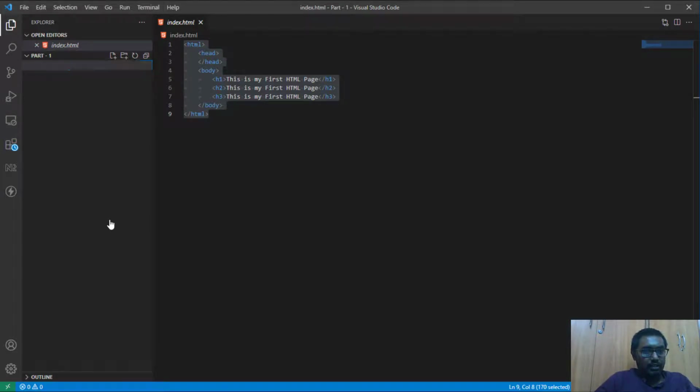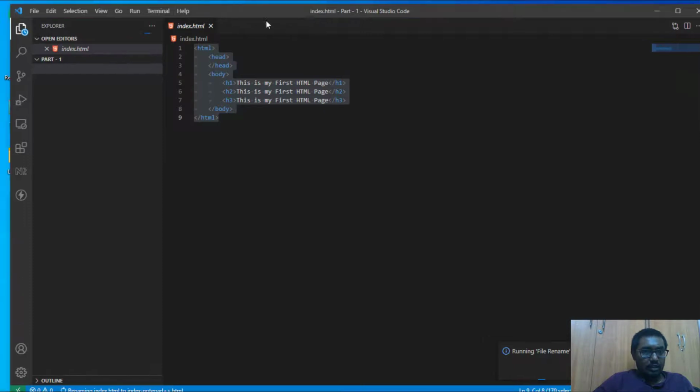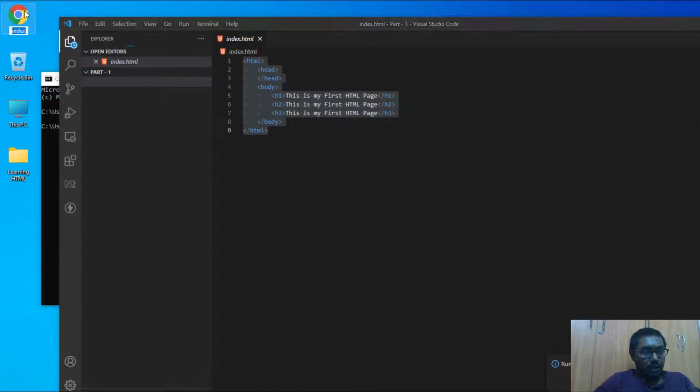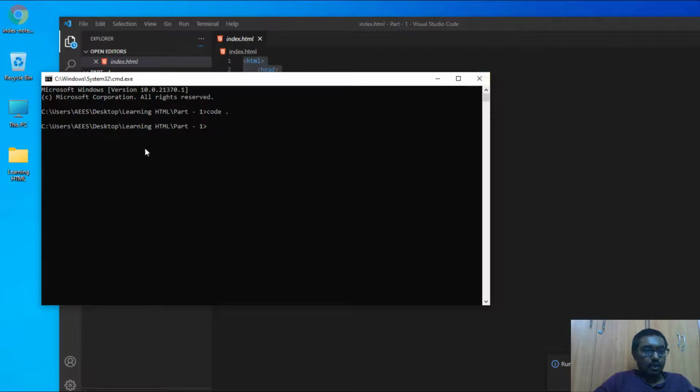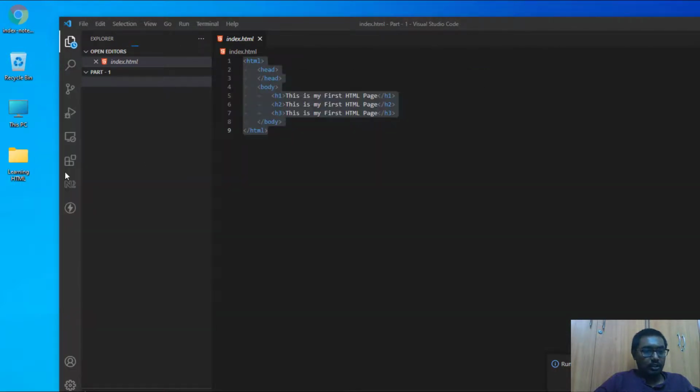And this other one was created with Notepad, so let me name it Notepad. Let me cut it and paste it inside the folder we have created, learning HTML.